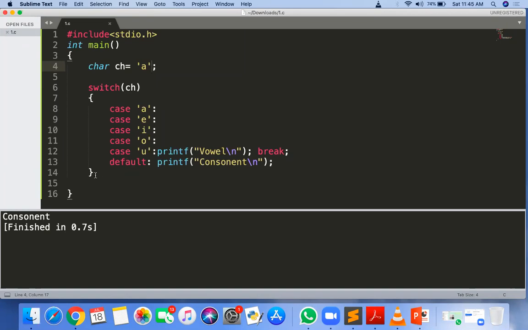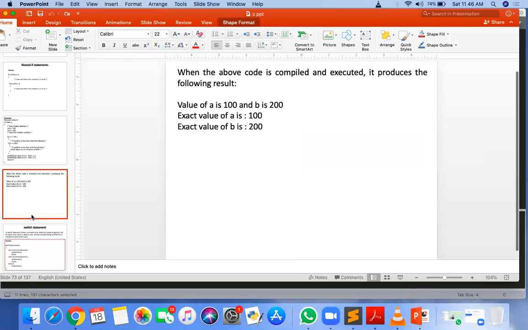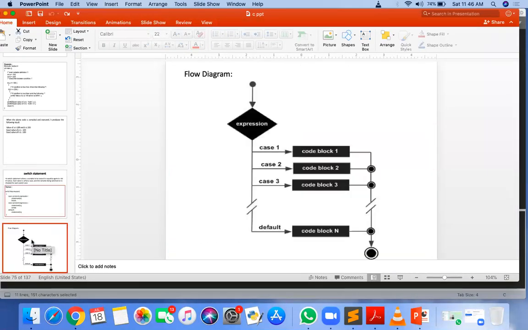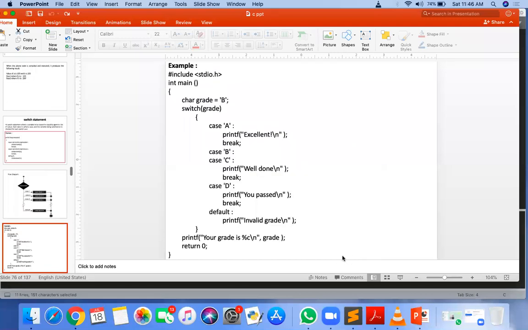Okay. So next one we are going to see. This switch case statement, we will complete the theory. This is the expression that we want to compare. It will first compare case 1, then whatever statement is associated with the case gets executed. If it is not matched, then it will go for case 2. If not matched, it will go for case 3. Different cases are there, and if none of the cases match, then the default case matches here. And after executing, it will go to the next line of your program.